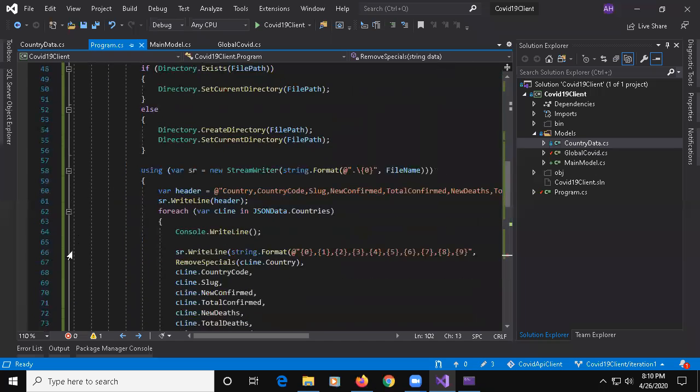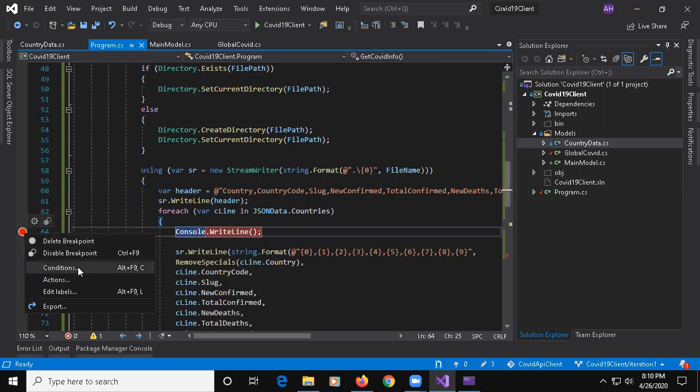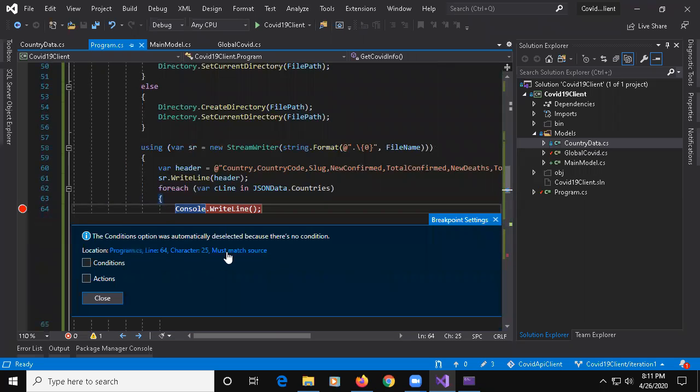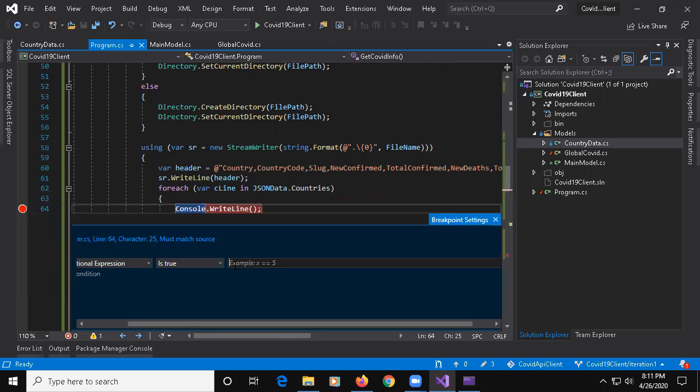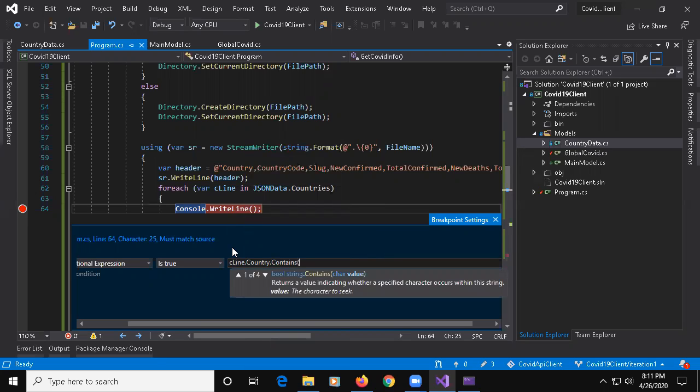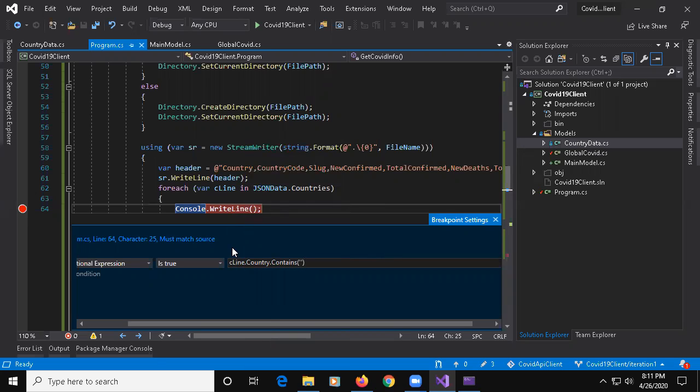Let's go back up here and go to conditions. Say cline dot country contains